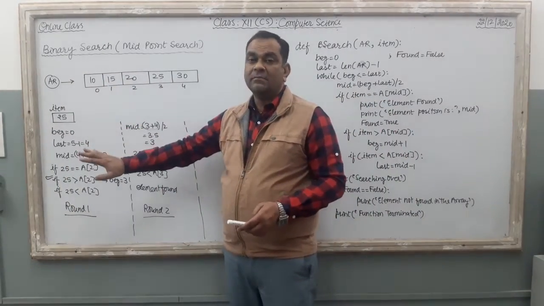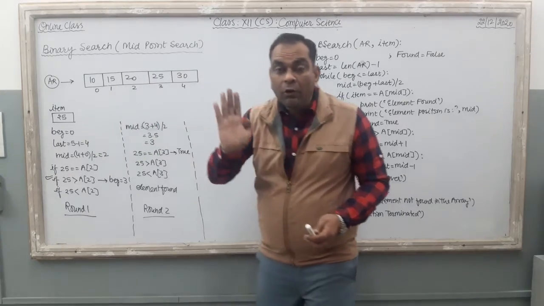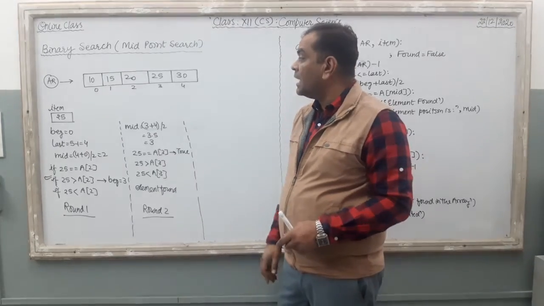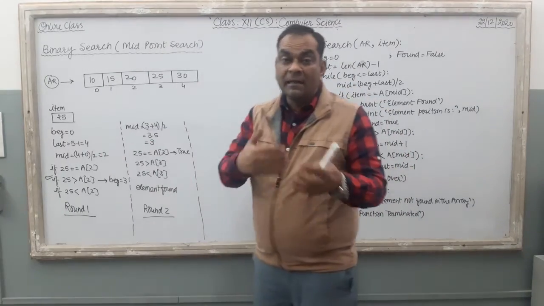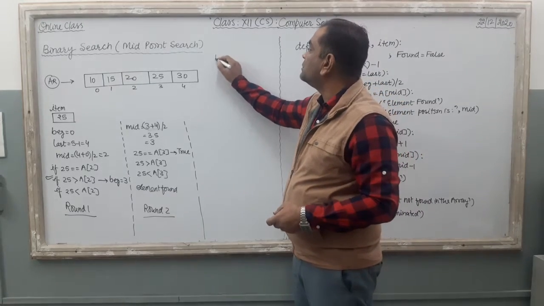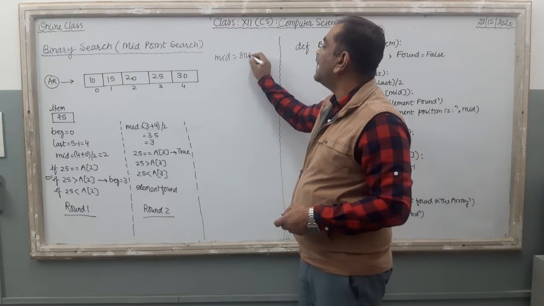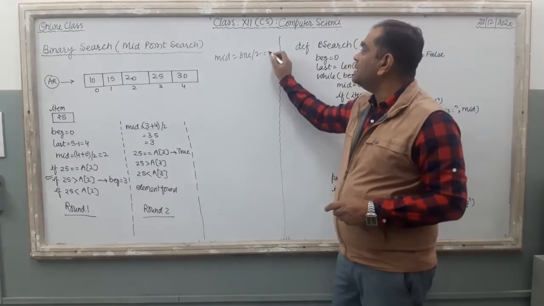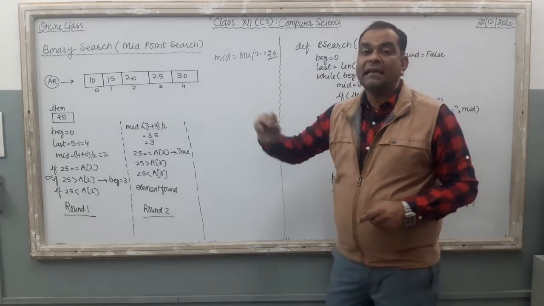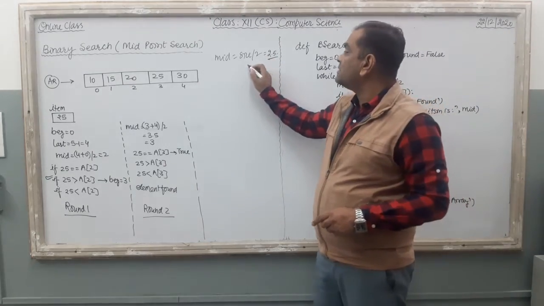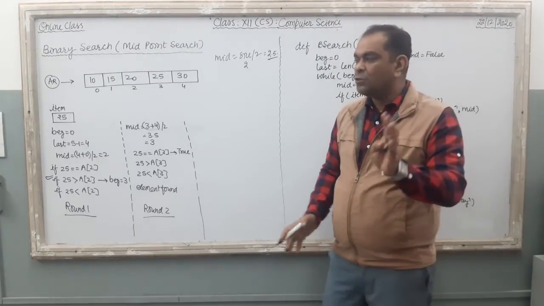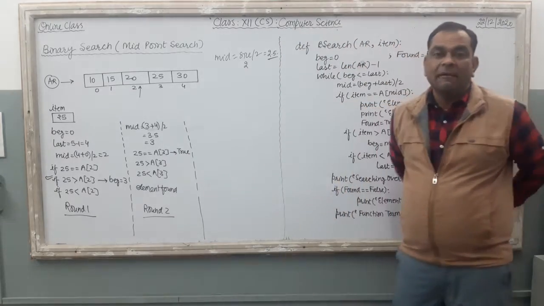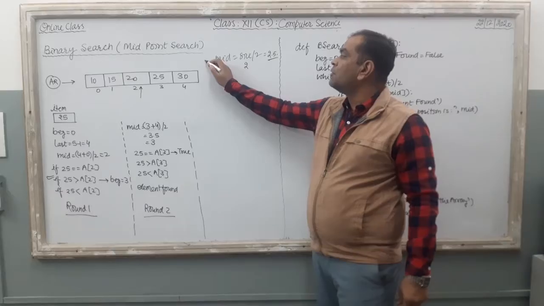Here, your computer is going to set the middle point of this array. How will it find the middle point? For generating the middle point, there are two different formulas. The first one is mid equal to size by 2. Here the size of the array is 5, so 5 by 2 is 2.5. The computer will take the integer value. So the computer sets the approximate middle point, which is 2, and then sets the pointer on the second position element. This is the very first formula to find the middle point.